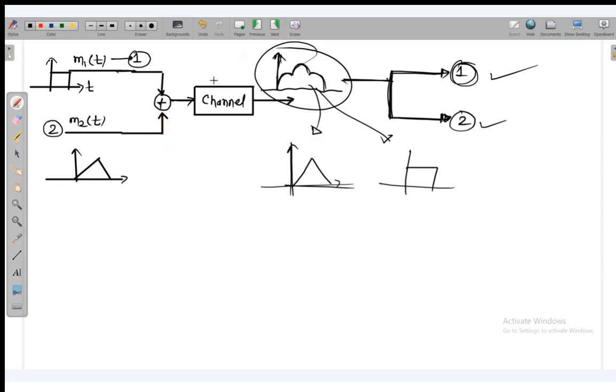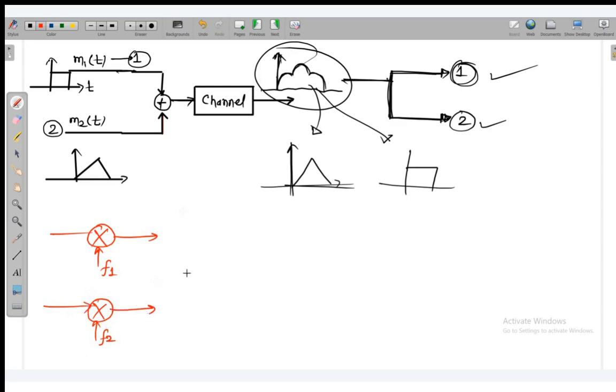So that's why it is mixed. Actually this has mixed the signal. Now what can we do so that the receiver will be able to distinguish the signal? To make it distinguishable, what we do is we will multiply it with some carrier frequency. Before adding these two,